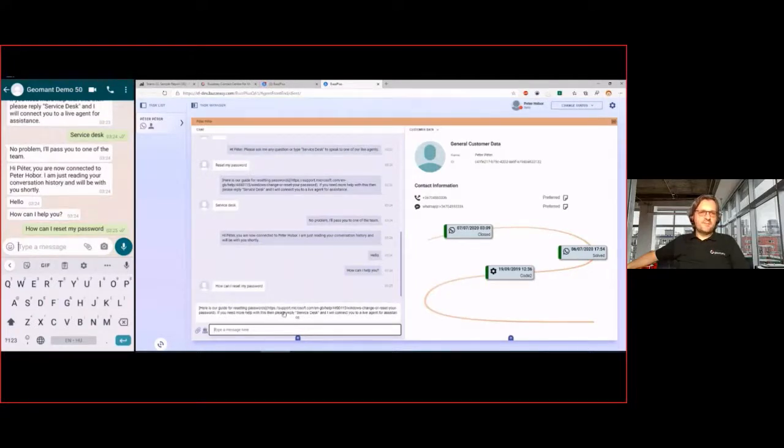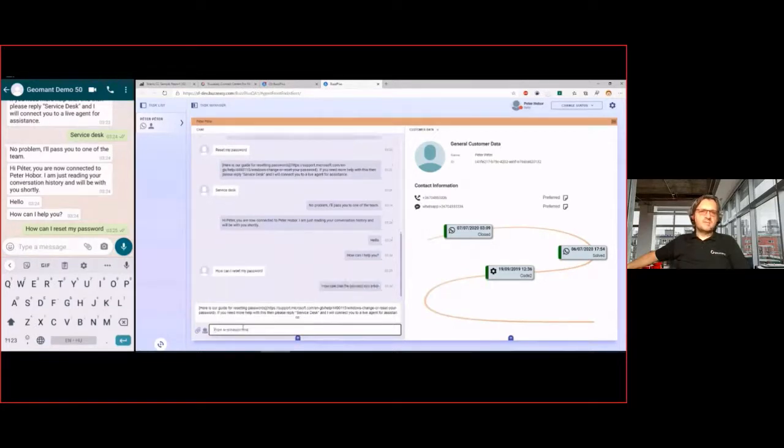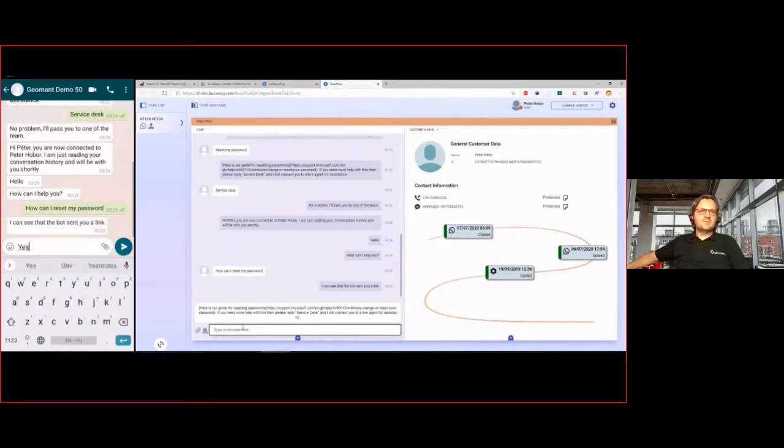So in this example, the customer actually asked the same question again, and the suggested response was the same link that was already provided. So here, the agent could see that, hey, the bot already provided this link, so I shouldn't just send this again, but rather just ask what was the problem, for example, with that link, and send some personalized message to the customer.